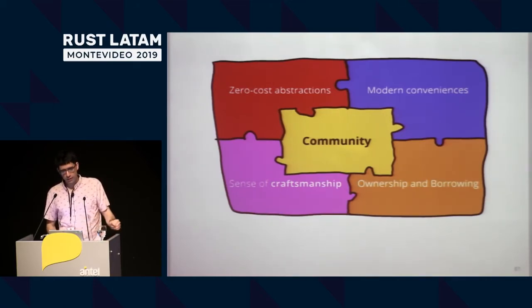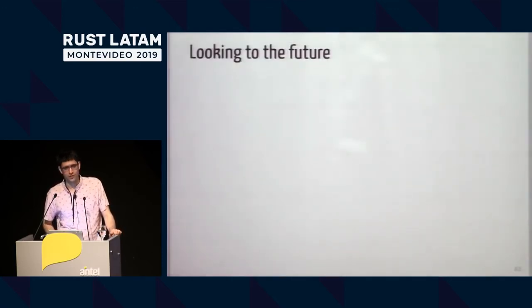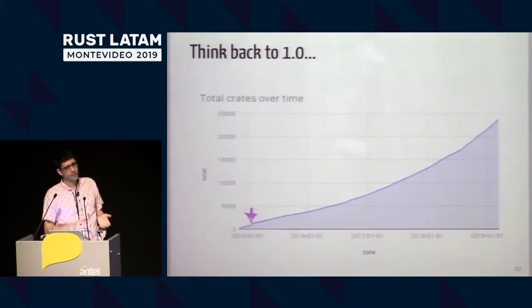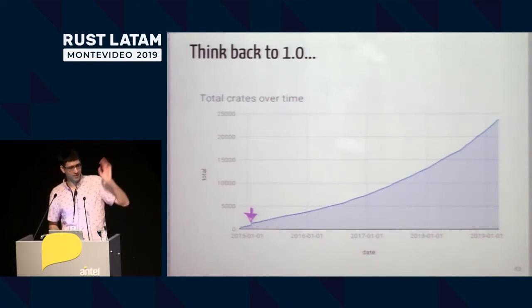And now I hopefully am getting close to the end of my time, more or less, but I want to take the last few minutes to talk a little bit about the future, about what I think is up for Rust in the next year or two, like what are our big challenges coming up. And I'm going to start that by looking back at the past, at this point that apparently is not 1.0, but I'm going to call it 1.0, and think about what it was like if you were involved in Rust